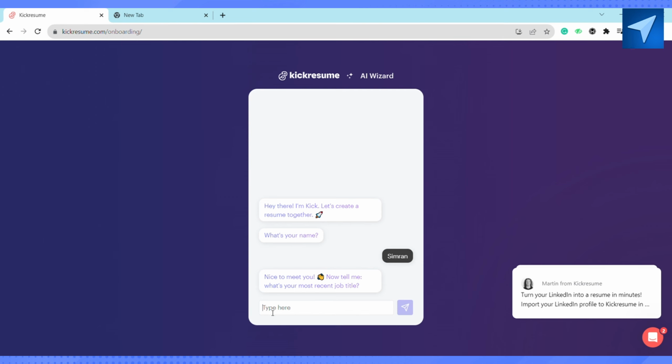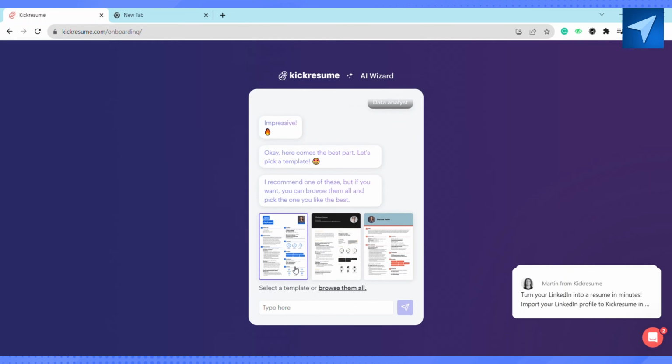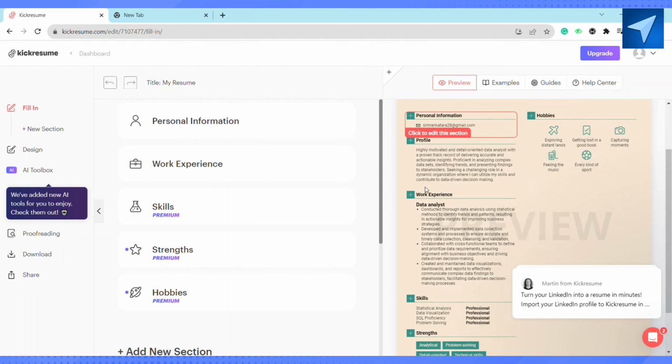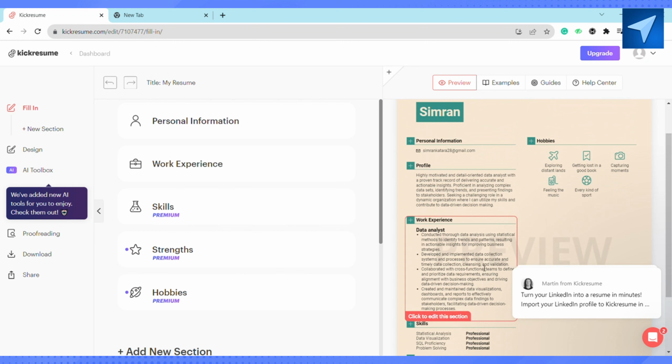So I'm gonna write data analyst, and after that they will give you these templates to choose from, so you can select any of them or you can browse. And after that you just have to go ahead and edit the details written over here according to your experience